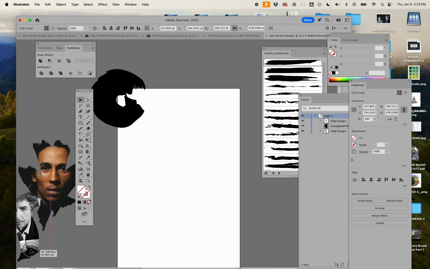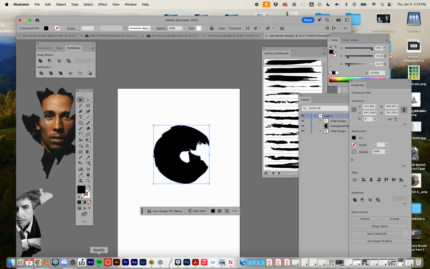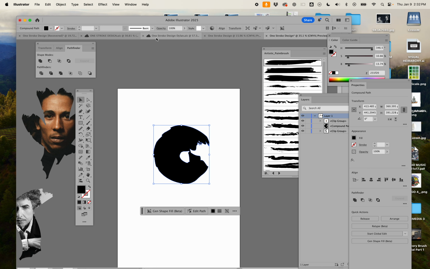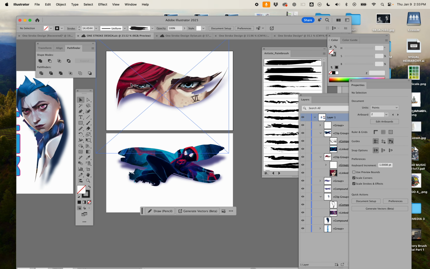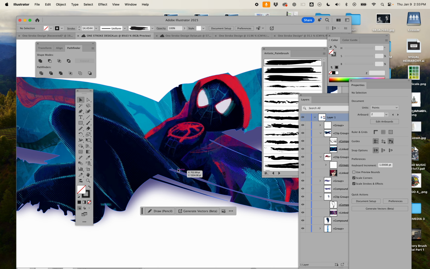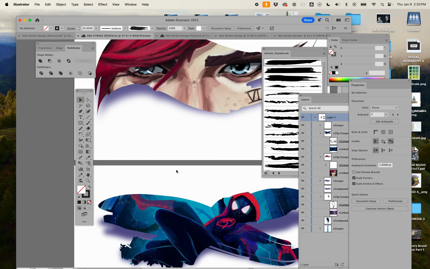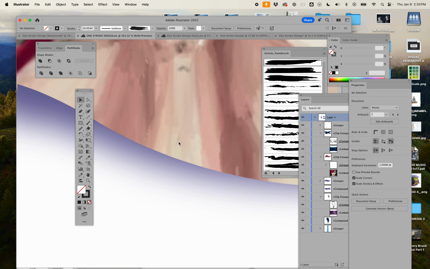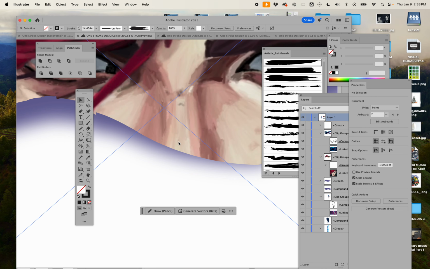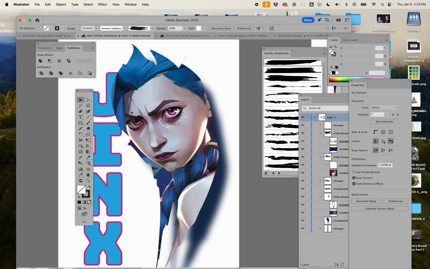It doesn't matter. With this, you could do cartoon characters. I did some with the characters from Arcane and Miles Morales. I thought they looked cool fit into here. I love the drawing style of Miles Morales. It's really cool, and I really love the drawing style that we see in this killer animated show called Arcane. And I thought those went really well in here. Love the shape of